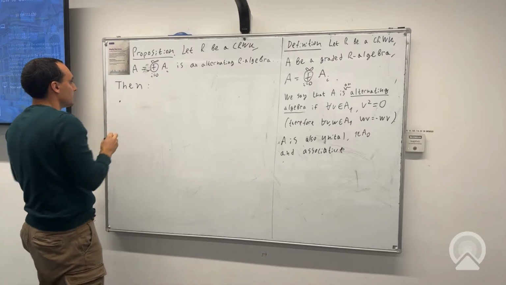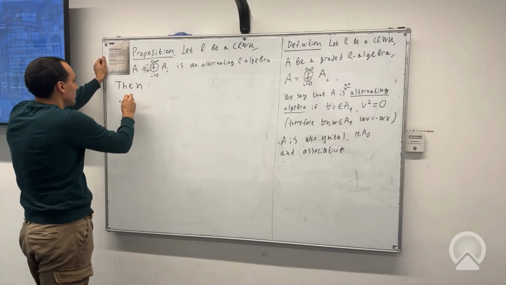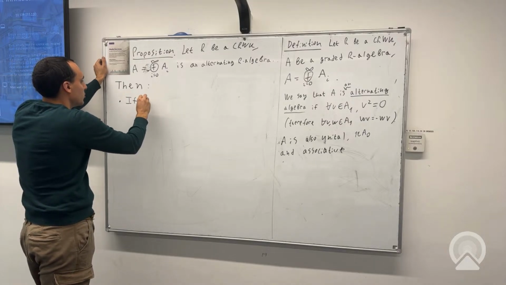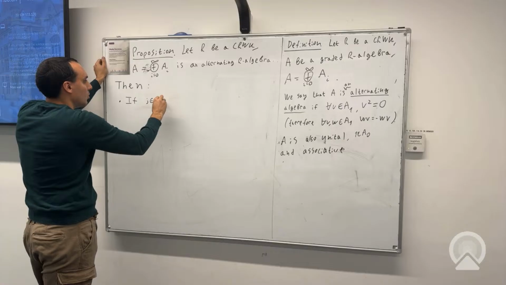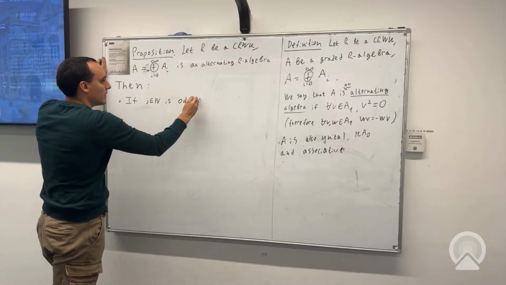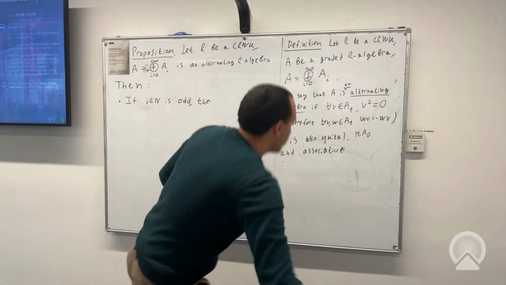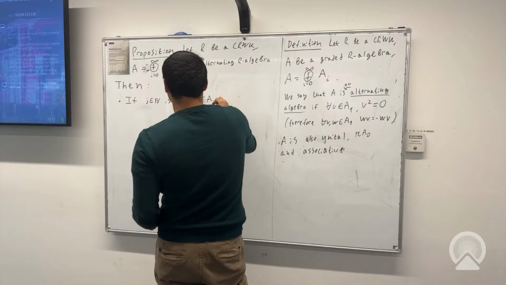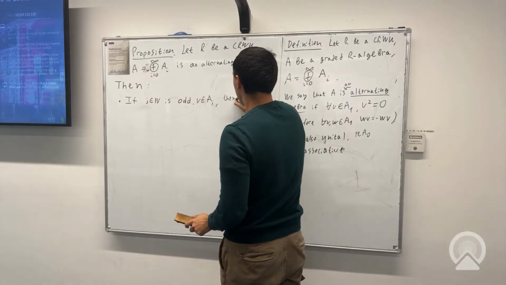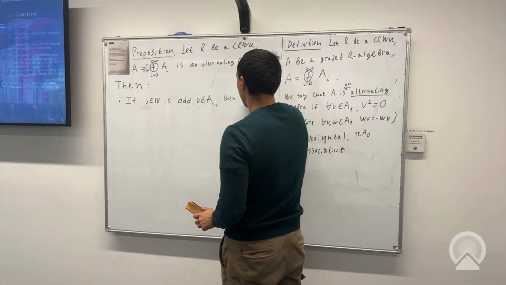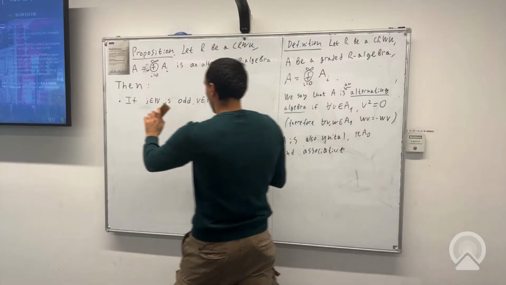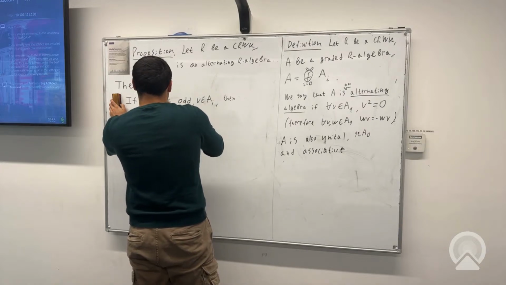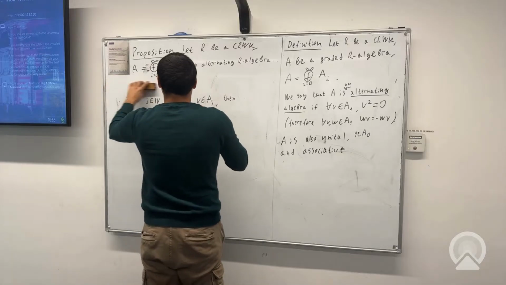So first, if J is odd number, then and V is in IJ, then I have to assume something, sorry. Okay, sorry, assume